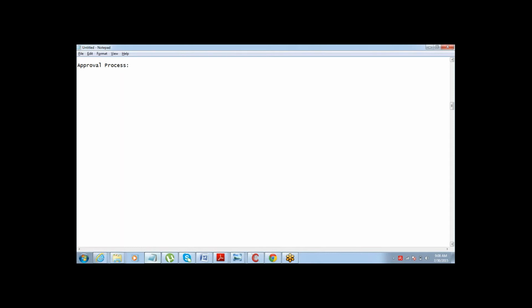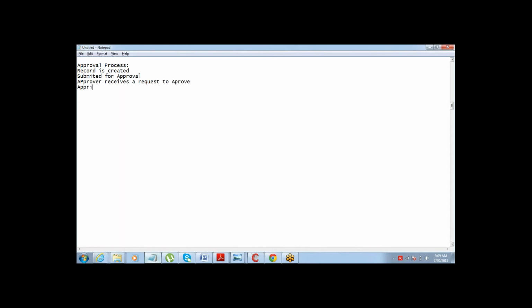So this process will be like this: a record is created, then submitted for approval. The person who creates the record submits it for approval. The approver receives a request to approve.